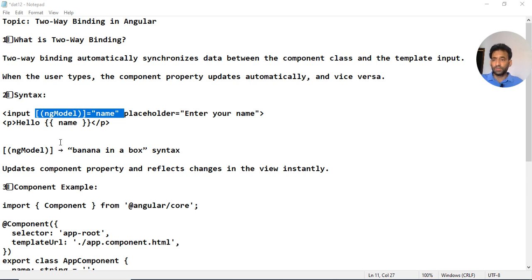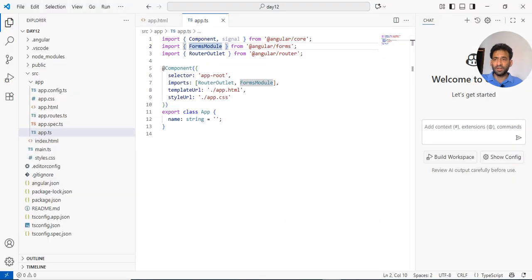VS Code. So let's start. We'll see our example there. So I'm opening VS Code. I already created the project, the day 12 project I created today. And inside that we have the default structure. So we'll utilize these two default pages, app.ts, which is TypeScript, and app.html, which is